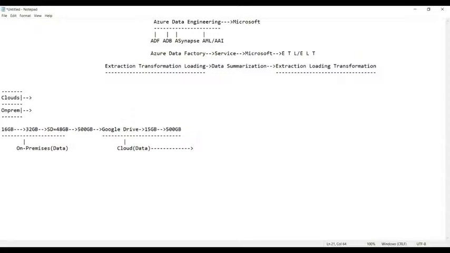Basically, for your understanding, cloud is nothing but Google Drive, and on-premises is nothing but your mobile phone, which is physical, which you can see and touch. Getting my point?